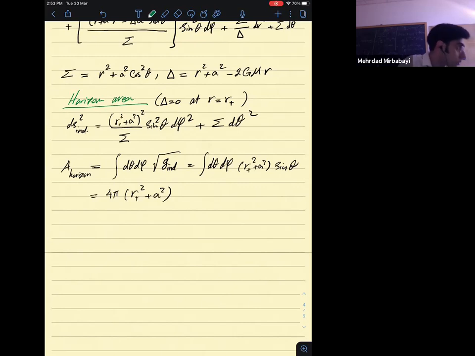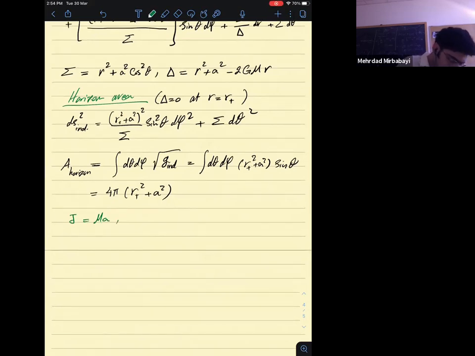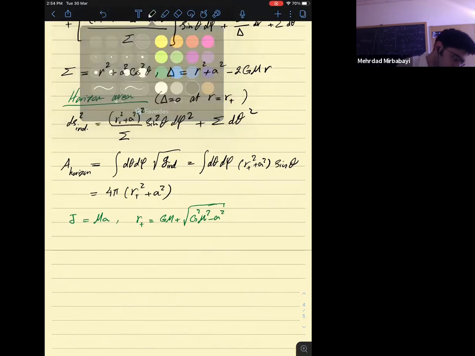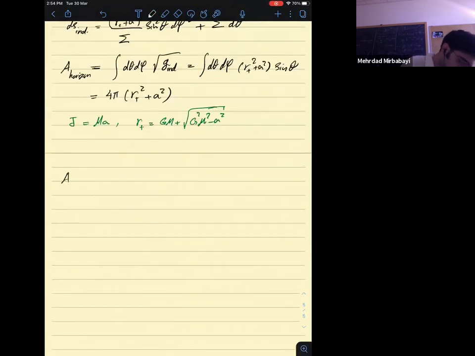The angular momentum of the black hole is J = M times a. And of course, we know the definition of R plus: R plus is equal to GM plus the square root of G squared M squared minus a squared. So if we use these two relations, then we can write A as